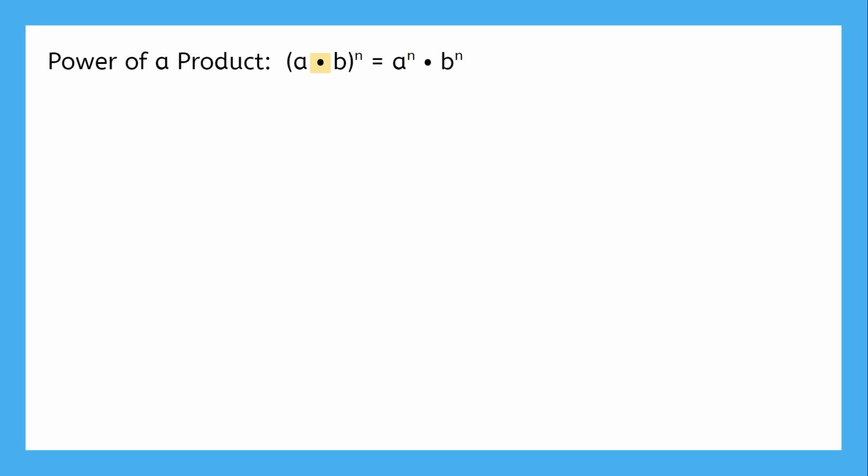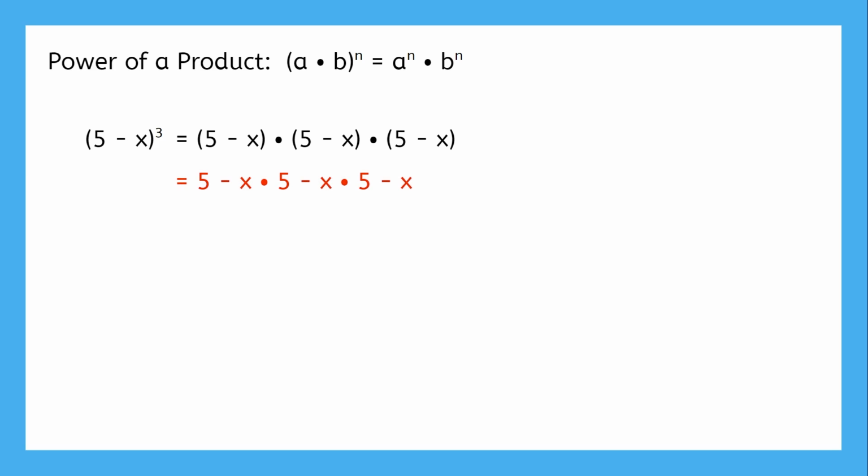This won't work if there's some other operation like subtraction. That exponent means 5 minus x times 5 minus x times 5 minus x, but that's as far as we can go with it. We can't take the parentheses away this time because it would change how the order of operations affects the outcome of this expression. In the version with parentheses, the parts inside the parentheses, meaning those subtraction parts, would go first. But in the version without parentheses, the order of operations says the multiplication parts happen first. Taking the parentheses away changes the problem. So we can't do that.